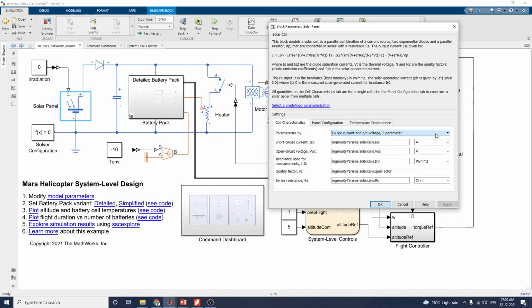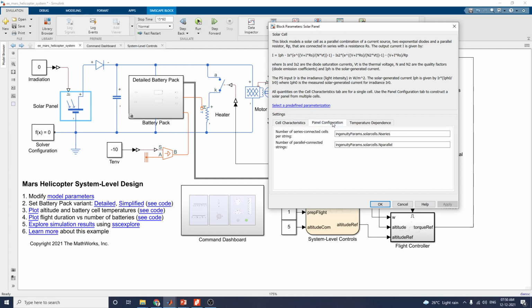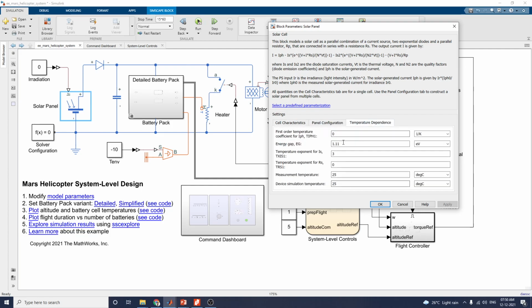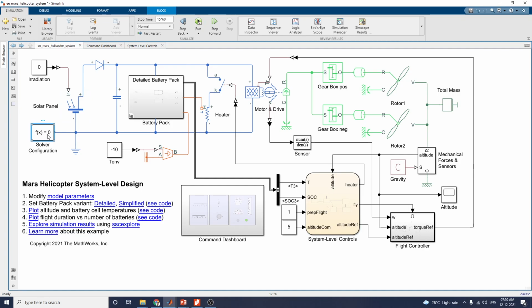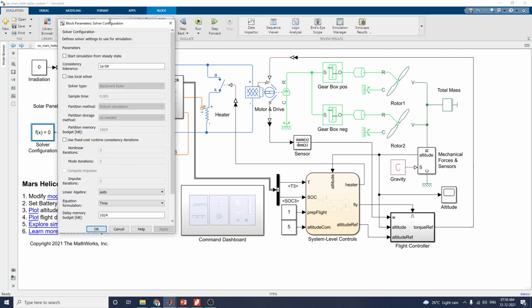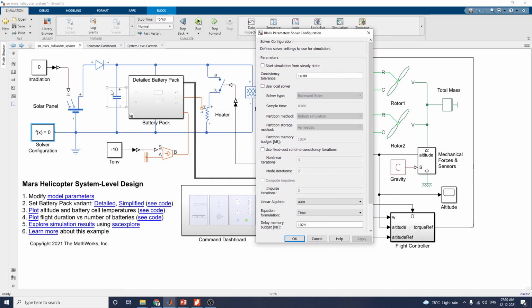We can choose these for this design: the short circuit current, and these are all the values we are going to concentrate on. Then the panel configuration, temperature dependence value, and energy gap. We should set the measurement temperature at 25 degrees Celsius, and the device simulation parameters also at 25 degrees Celsius. Then what is the solver configuration? The solver configuration block defines the solver settings to use for the simulation,